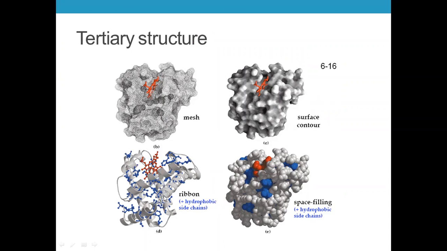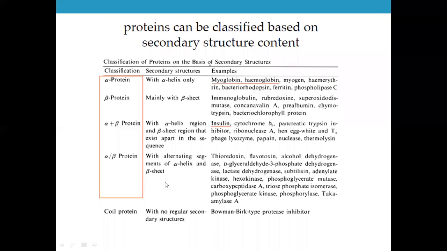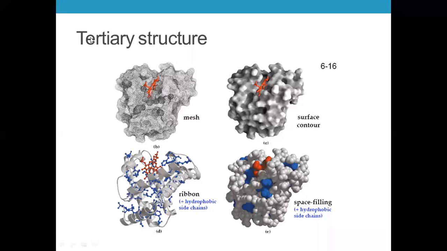So we're looking at the overall 3D structure, not just the alpha or the beta, but the overall. In the secondary, we're just focusing on the particular short sequence of amino acids. The tertiary, we'll be looking at the long range,